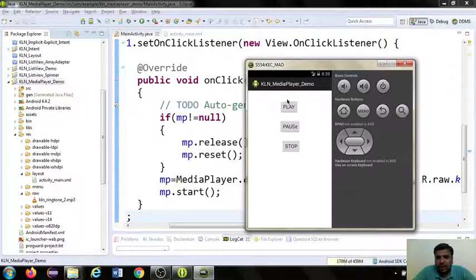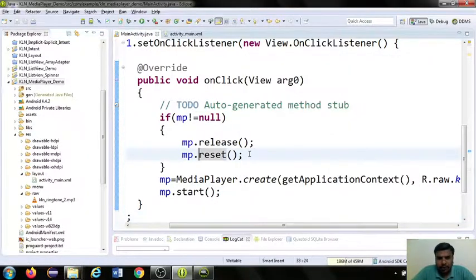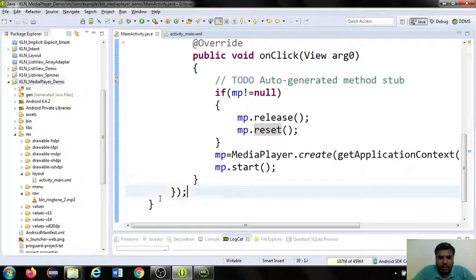Now we have written the coding only for our play button alone. So let me click this play button and check whether our app is working or not. It is working fine.